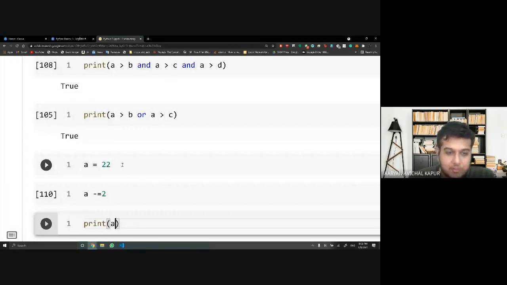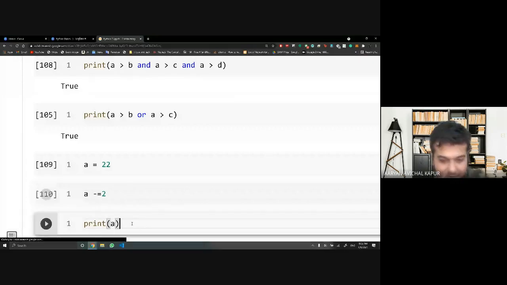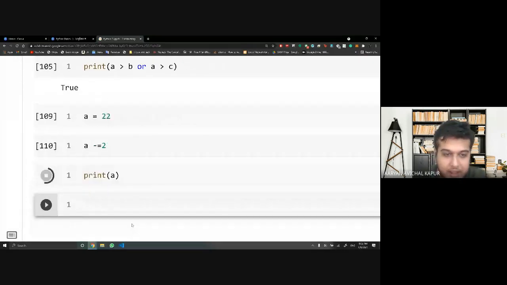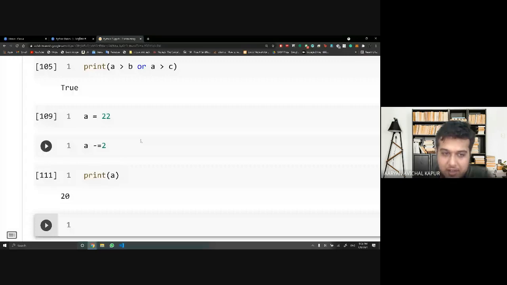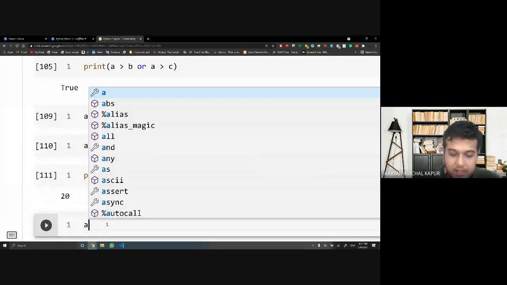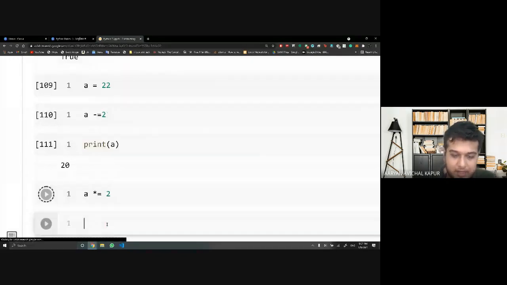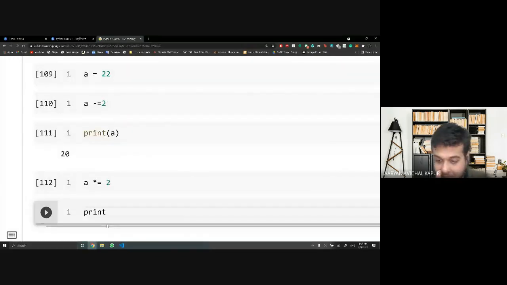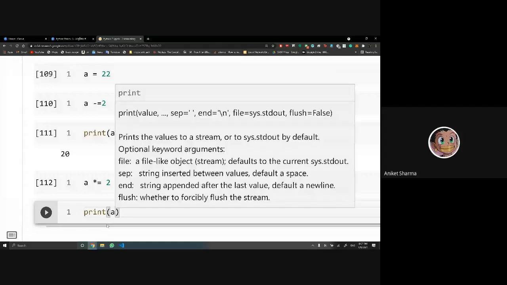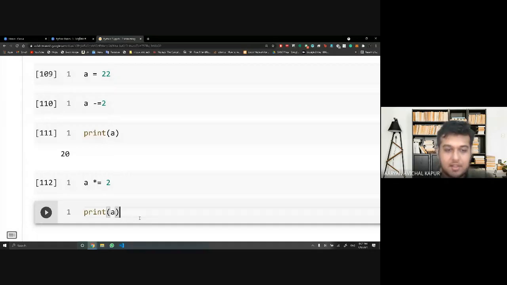20. Correct. So here again, Aniket, we've come to your query, and here we can see how we've subtracted and how the value of A is changed. Right. Now I say that the next week my crowd has doubled. Right. So I simply do this. And now when I print A, what should be my answer? 40. Perfect. Well done.